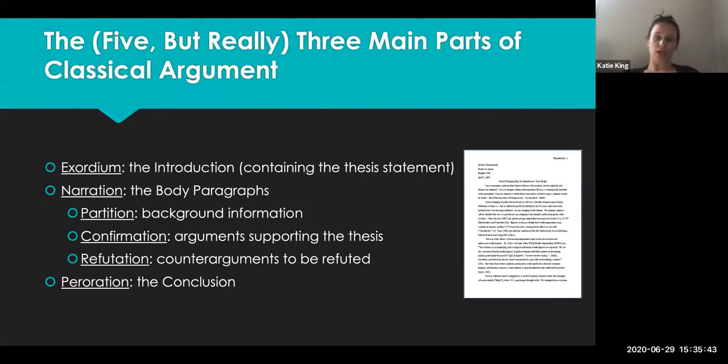Then we have narration. Don't think of this in terms of the general definition of narration that you've probably heard. For Cicero, narration is talking about the body paragraphs, the bulk of what is said. And within narration, there are 3 other parts. I meant to say not 2, but 3 are segmented into narration. So that's where the 5 come in, because exordium, partition, confirmation, refutation, peroration are the 5, but really those 3 in the middle just make up the